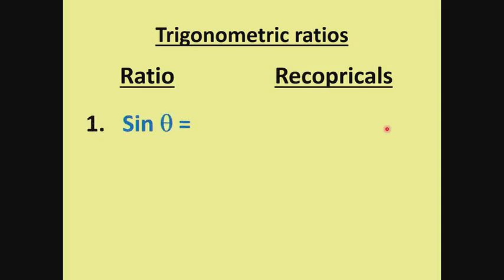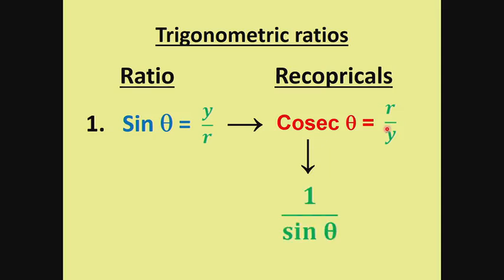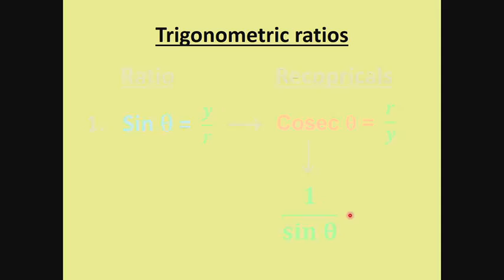Also, another way I can write reciprocals: we said sine is cosec, but we can also write it as 1 over sine theta. In grade 11, you will do more identities and more proofs. Then you will be able to see that cosec can be written as 1 over sine theta. There's a way to prove it.